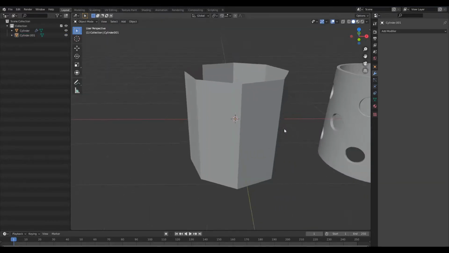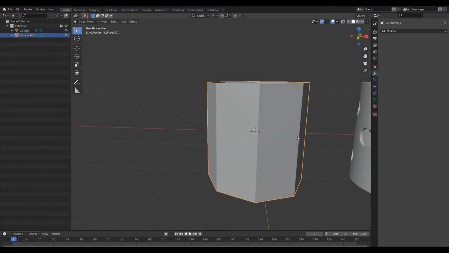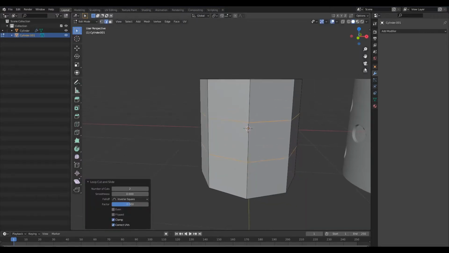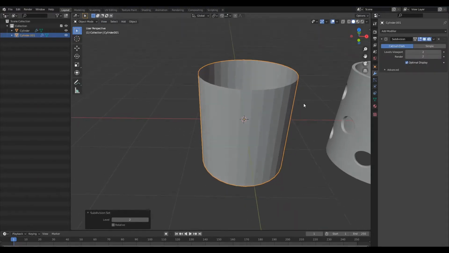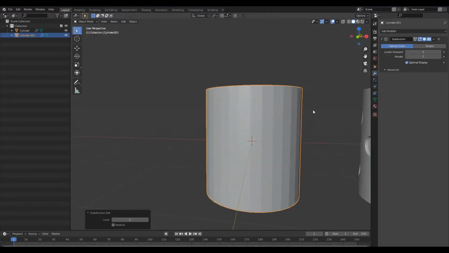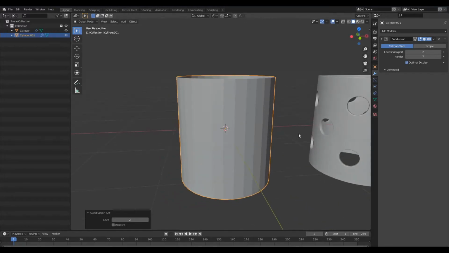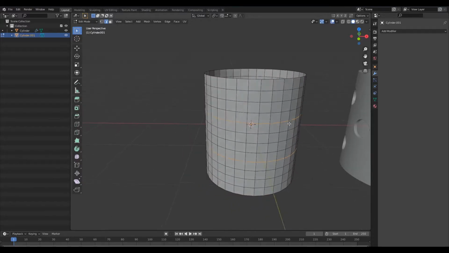Now, when adding details like these perforations to a cylinder, you need to ensure that you have sufficient resolution. So I'm going to start by just adding 2 edge loops to this cylinder, and then I'm going to subdivide it. So I'll just give it 2 levels of subdivision, and this should be sufficient resolution for what I'm trying to do here. So I'm just going to go ahead and apply this,